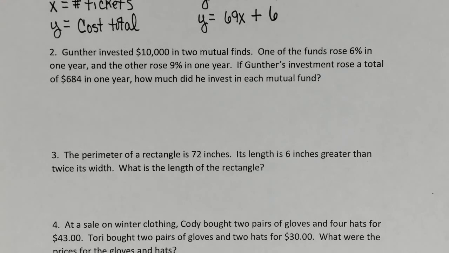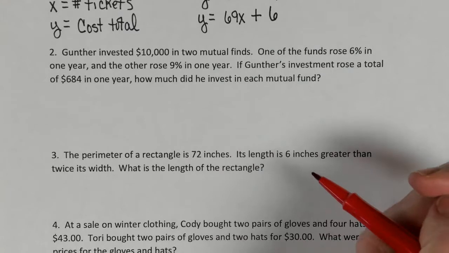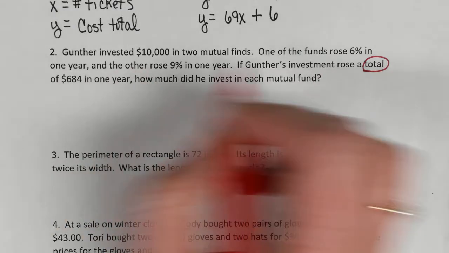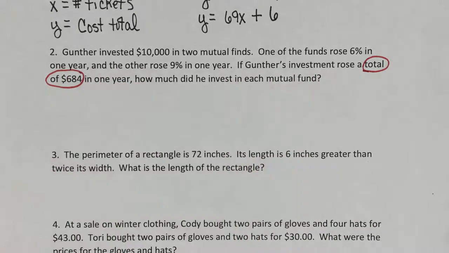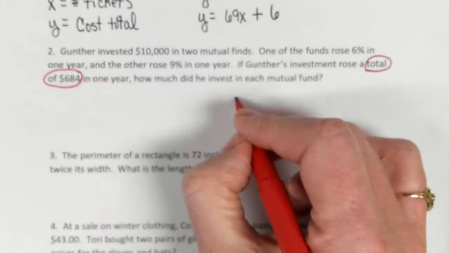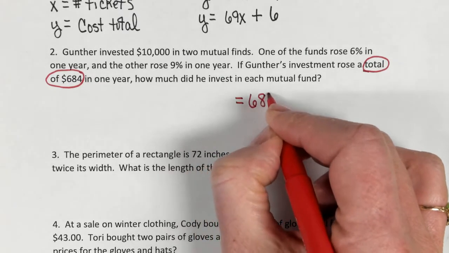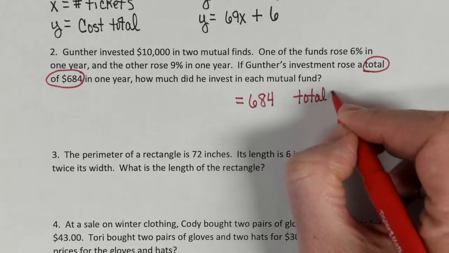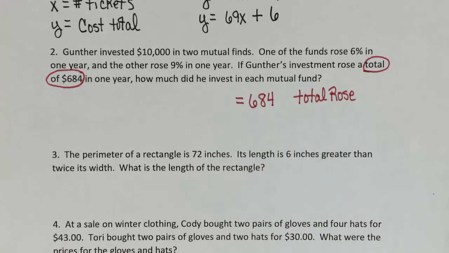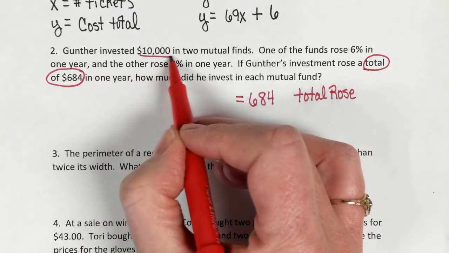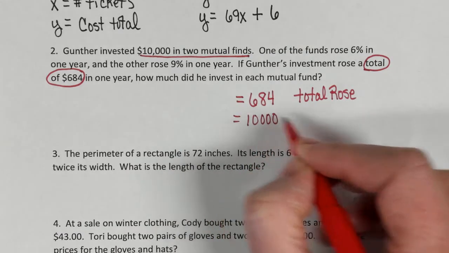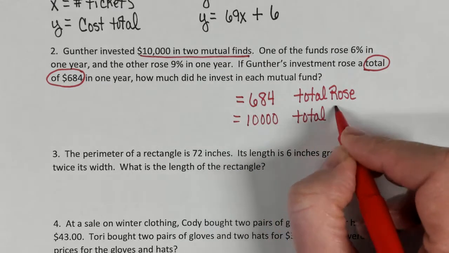So in this problem, let's see what we've got here. I noticed that it says if Gunther's investment rose a total of $684, so there's one total. So that's going to be equal to, one equation can be equal to $684. That is the total that the investments rose. Okay? And then we actually have another total, and it's this $10,000. That $10,000 tells us the total amount of money he invested